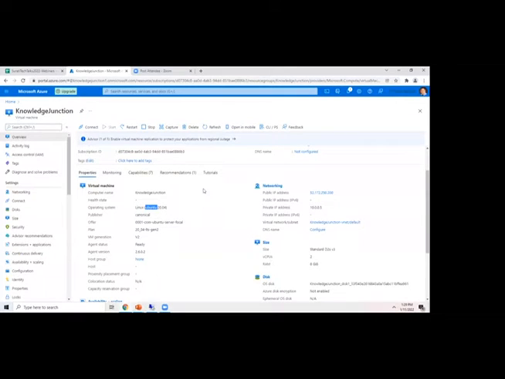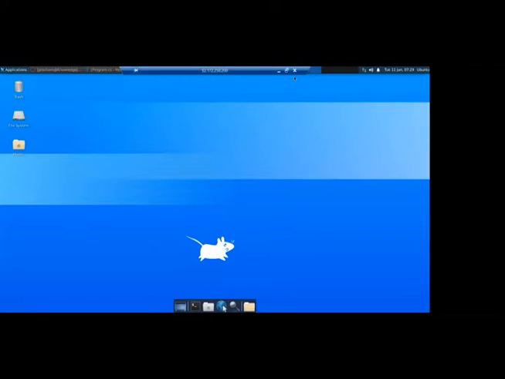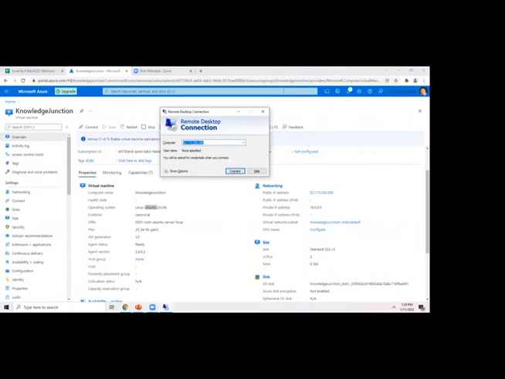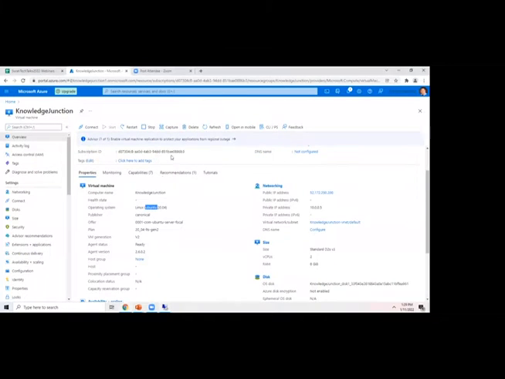So this is the virtual machine. I'm connecting to this virtual machine through RDP. If I close the current RDP instance which I'm already connected to, whenever we restart or start this virtual machine, it creates one dynamic public IP address. It changes its state. We could have a static one as well, but for demo purposes I kept it dynamic. I didn't make it static.